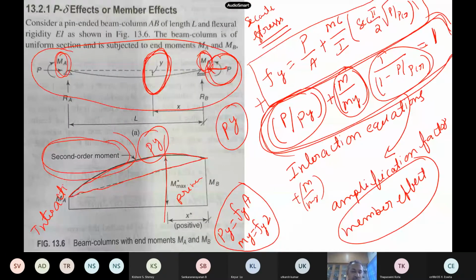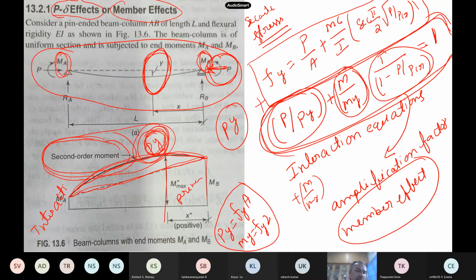The most important thing we said in the last class was that in beam columns, you can't separate beam and column, because all of them are interrelated. If I have bending moments MA, MB, then because of the axial force you will also have P times Y. This is a non-linear kind of thing: as the deflection increases, this also increases. This is the original bending moment diagram, and you have an additional thing which comes from the axial force. We call this the second order moment or secondary moment, or in textbooks the P delta effect or member effect.